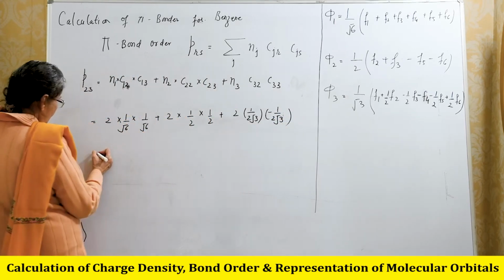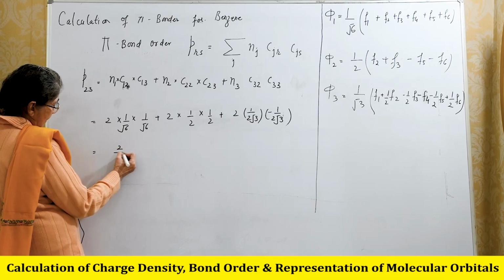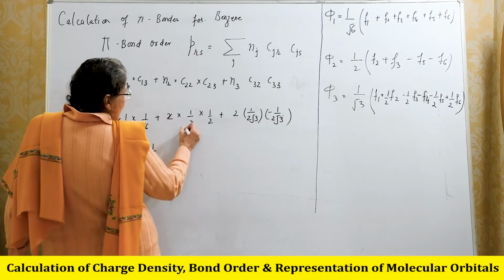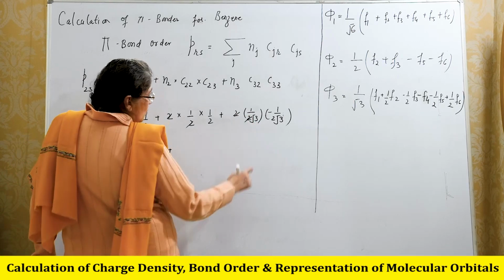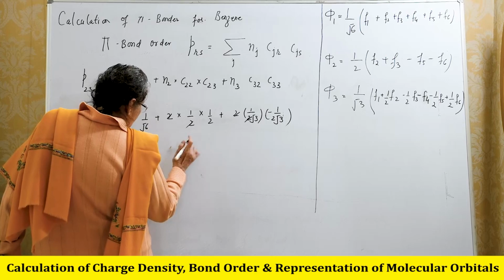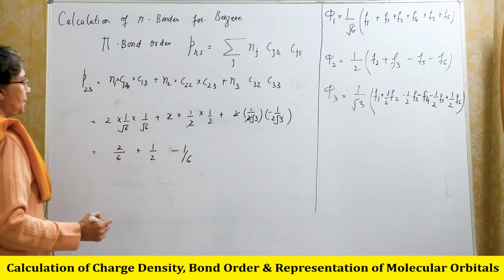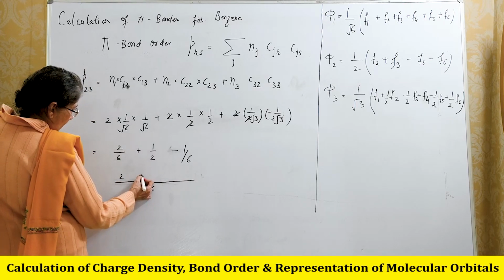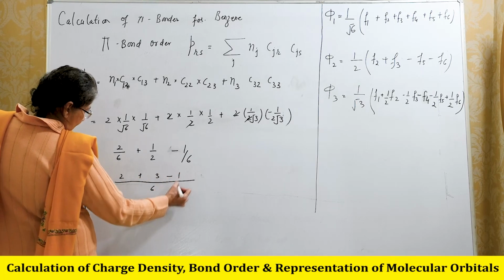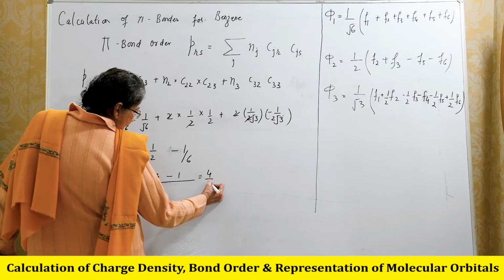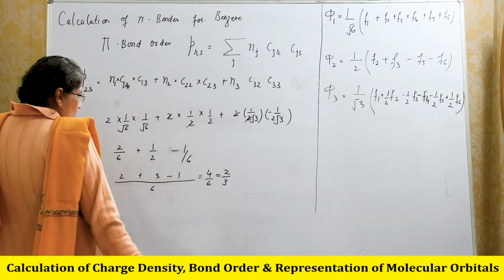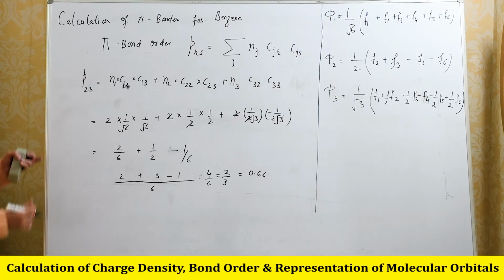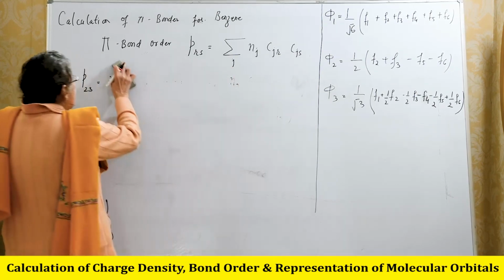So we will get from here 1 by 3, 2 by 6 plus 1 by 2, and 2 is cancelled, so we get minus 1 by 6. So this can be again 6, 2 plus 3 minus 1. This is again 4 by 6, and this is 2 by 3, so it is again 0.66. This is the bond order between 2 and 3. And now we take